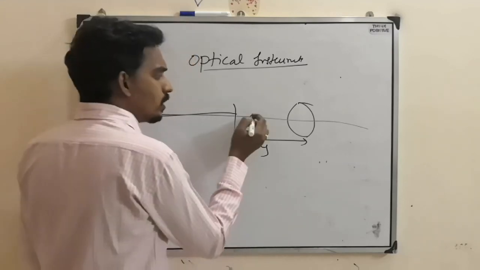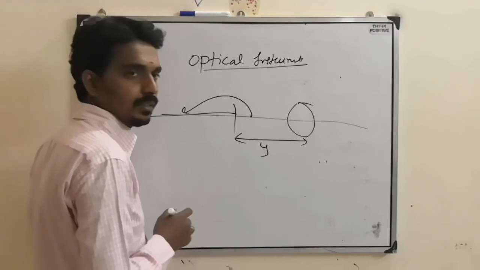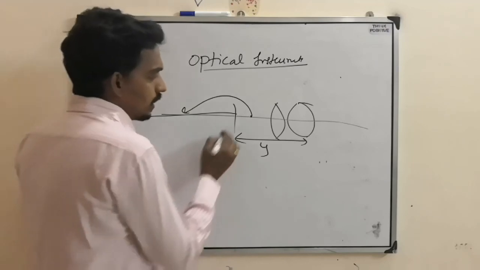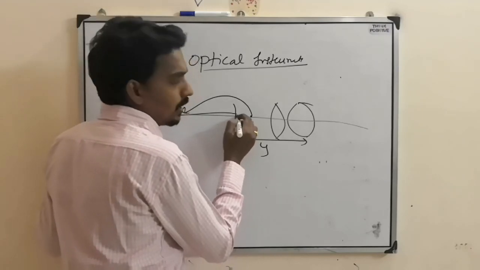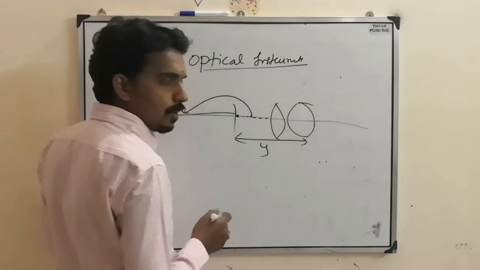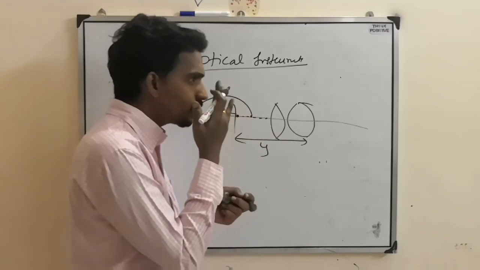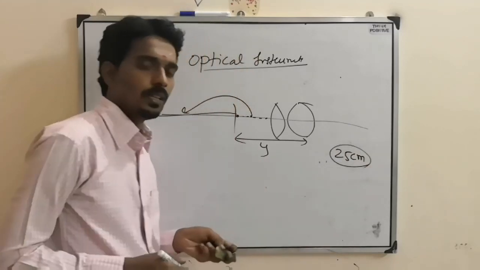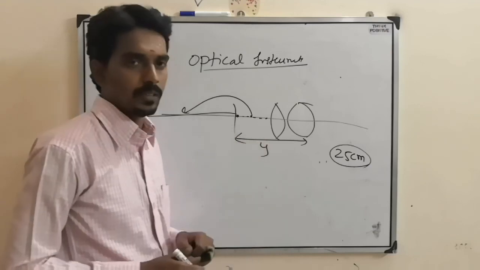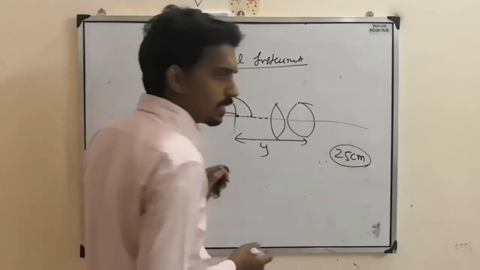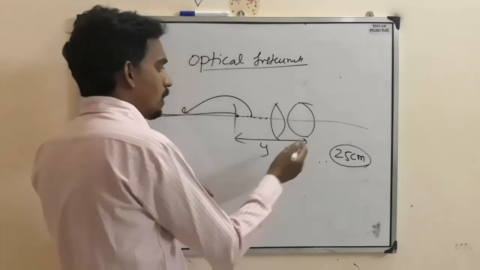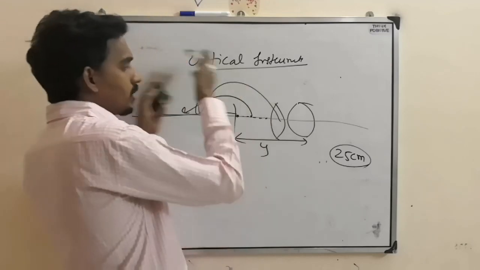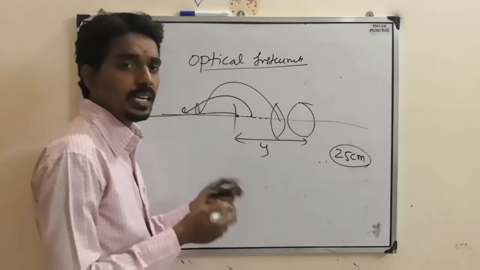So now what you have to do is shift the near object to far. Then we will arrange what? Convex lens. But if you consider the human eye, the nearest distance you can see, for a normal human, is 25 centimeter. We call it the least distance of distinct vision. So if the object is at this much distance and you can shift that beyond this level, then you can get all the objects shifted beyond this, so that you can see clearly.